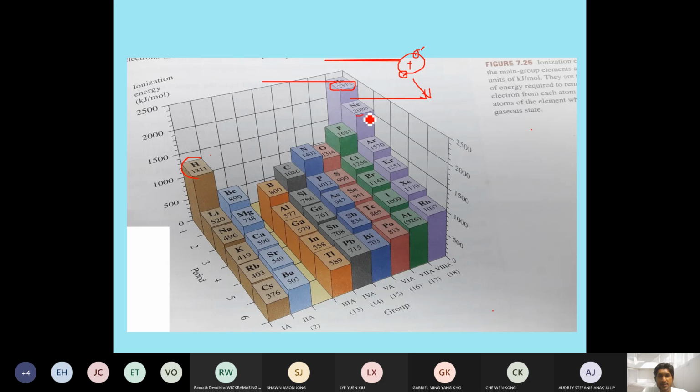Neon is the second one. It does not want to give more electrons. And then you see that it is coming down in this way. And hydrogen is there, and also it is going up in this way as well. Right? There is some, of course, a difference for taking electron or giving electron. For oxygen is lower than fluorine, and oxygen was supposed to be here. Oxygen was supposed to be here, but oxygen is lower because oxygen, due to the structure, right, it is easy